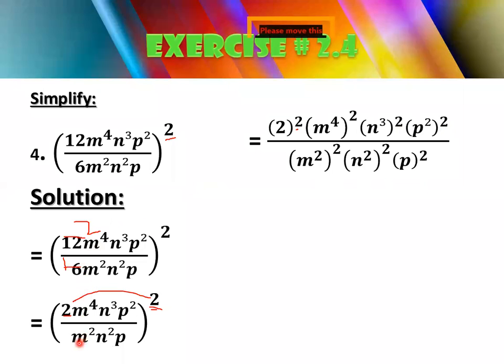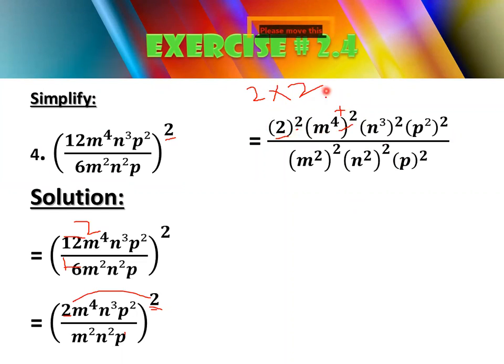Now move on to your denominators. So what it will become, m square and the whole power is m square, then n square and the whole power is n square, and then p has only one power here, so p whole power square. Okay, now what you are going to do, you are going to multiply this 2 by 2 times, 2 multiply by 2. And here you are going to multiply this 4 by 2. This is a difference between this one and this one.